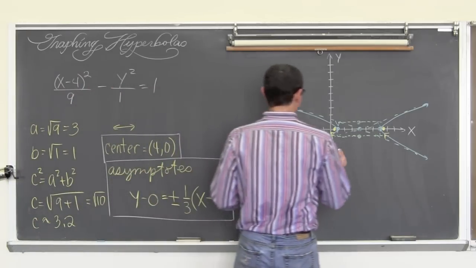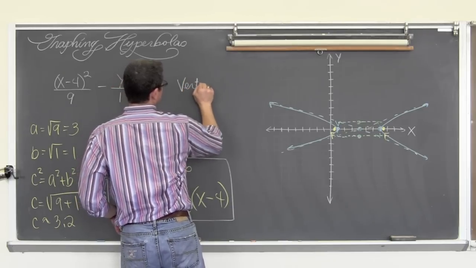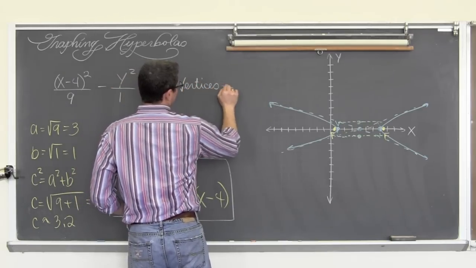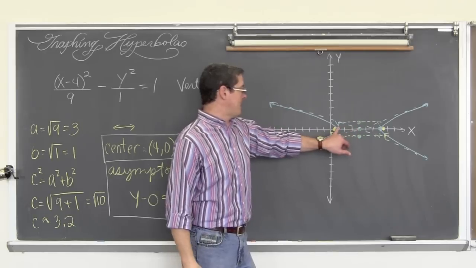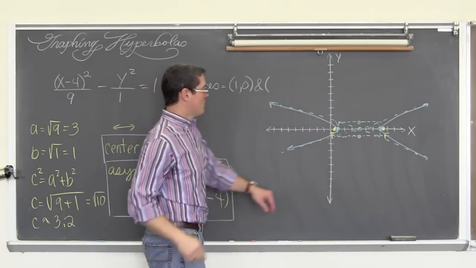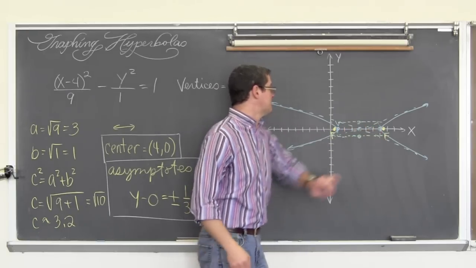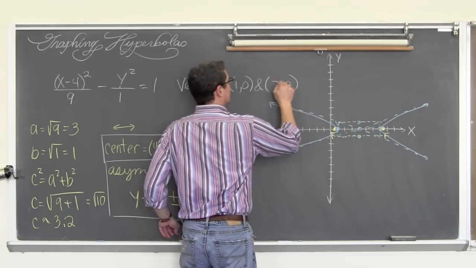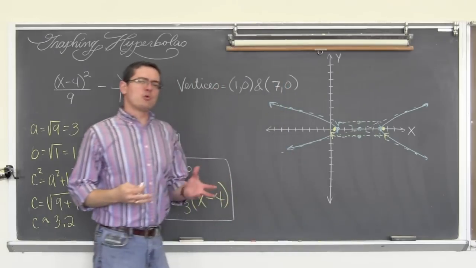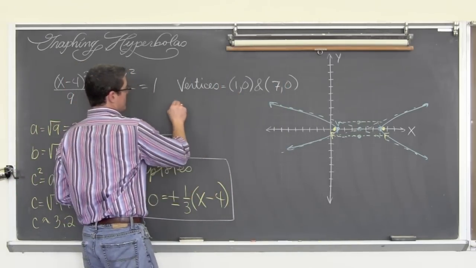So the vertices are equal to, we have one at (1, 0), and we have another one at, this is 1, 2, 3, 4, 5, 6, 7, (7, 0). So you can write these important points as two separate coordinates like I have, or, as I'll show you with the foci,